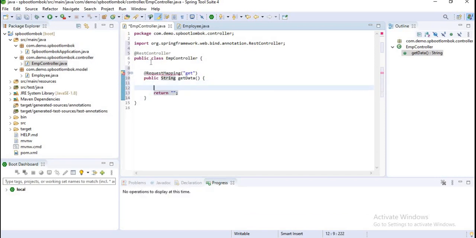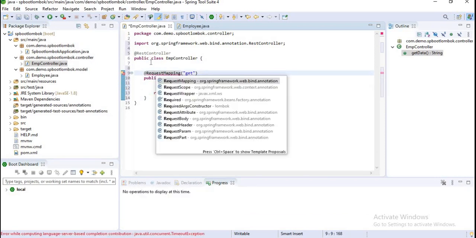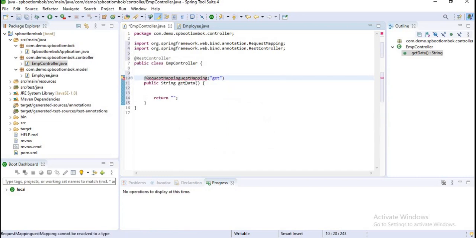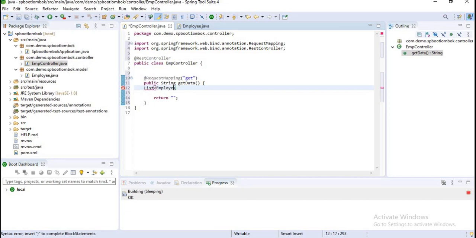Now I want to return something here. Let's import this request mapping here. Now I want to create a list which has the data type Employee. List equal to new ArrayList of Employee.